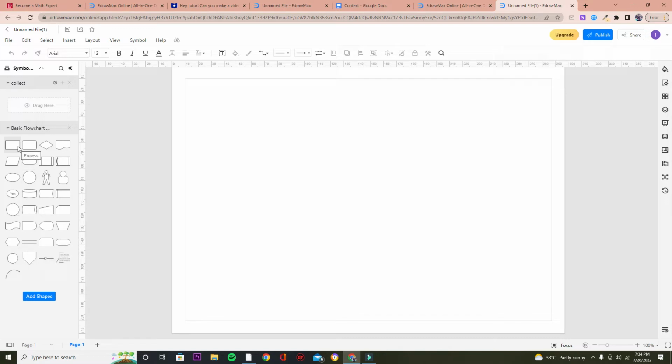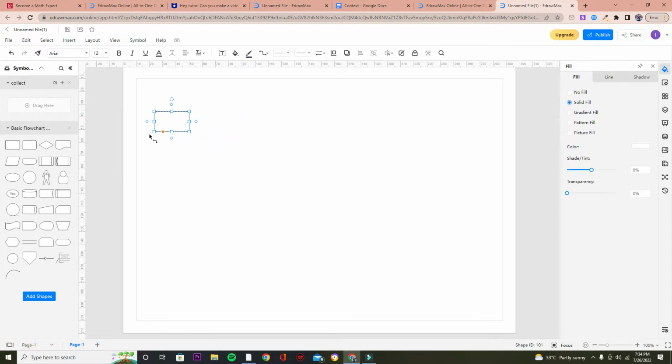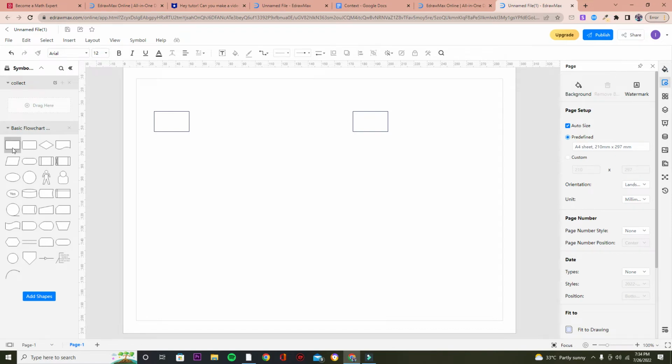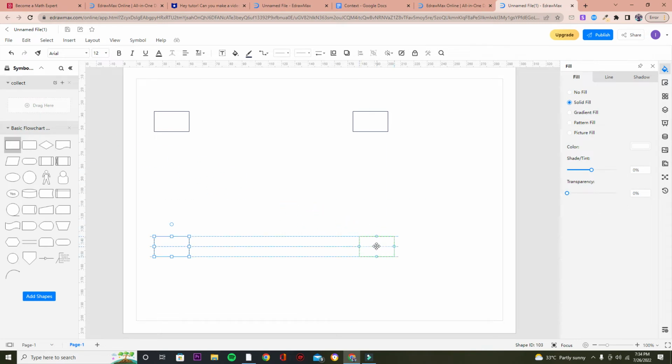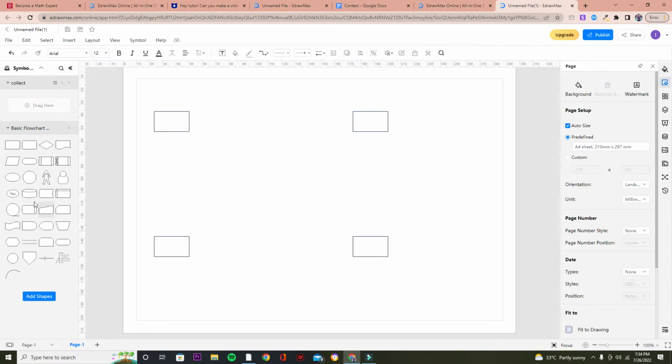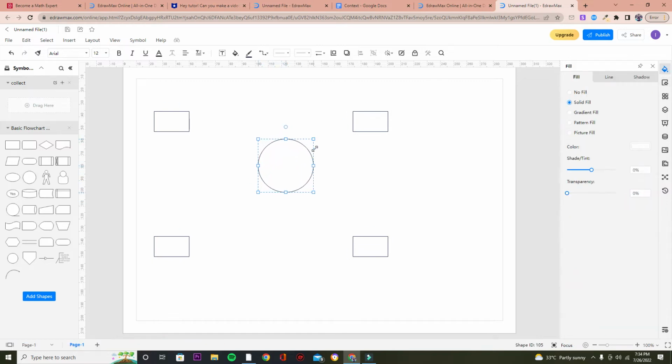We need the process symbol here. First I draw and drag. Just click here and drag it onto the screen. I need four. So 2, and I will place here 3, and this will be 4. And what I need more, the start tool here, and I will resize it,